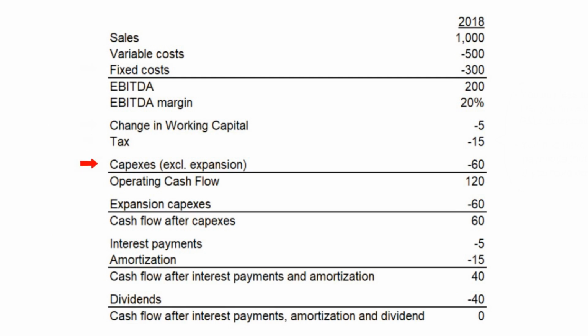Then you have investments, the Capexes or capital expenditures. However, this row excludes expansion. We'll get to why in a bit. On this row, called Capexes excluding expansion, you need to include all the Capexes that you need to spend in a mill or plant to preserve production, to keep customers long term. You have to make sure you can serve the same customers 5 to 10 years from now. This row is likely to cover 90 to 100% of all your Capexes in a year.